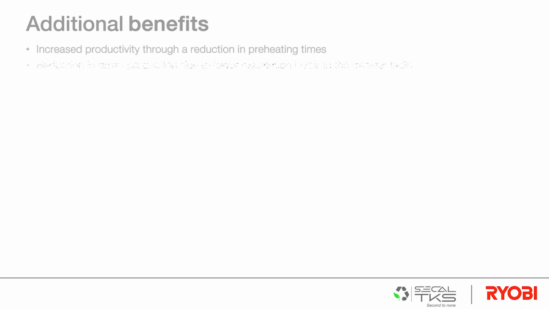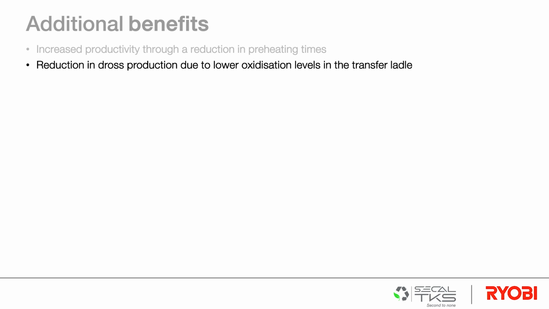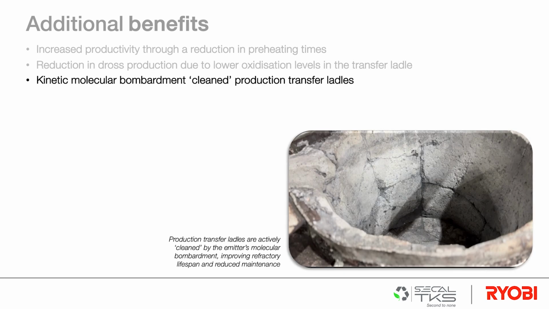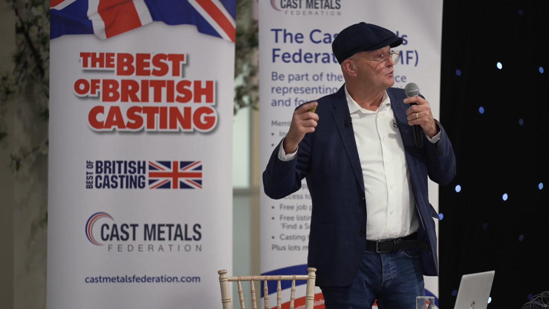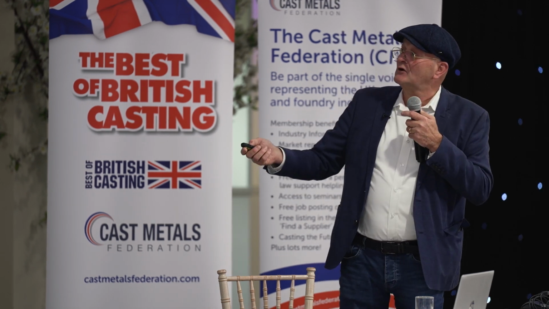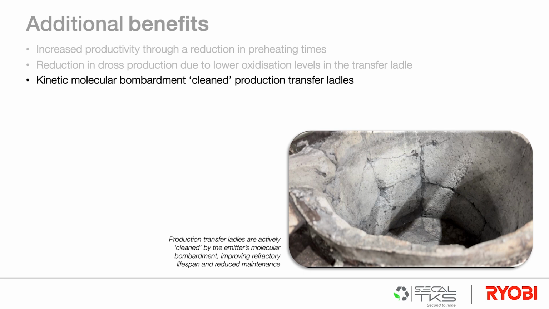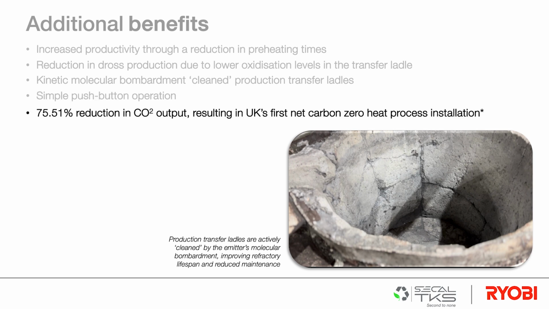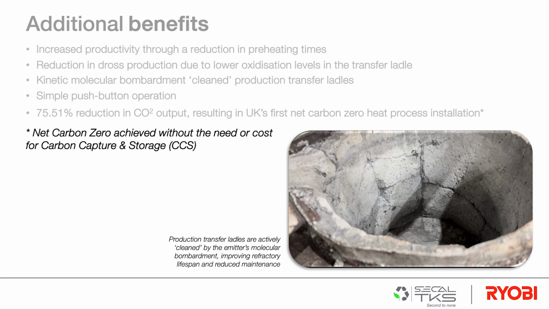Reduction in dross production, that's something else we'll come on to in a little while when we get to see it. That is a ladle that has been stripped of the dross magnesium through heating with kinetics. Where we are out there on the transfer ladle, it's a simple push button operation. Obviously made the saving of 75.51, and it's the first net carbon zero heat process installation while still using